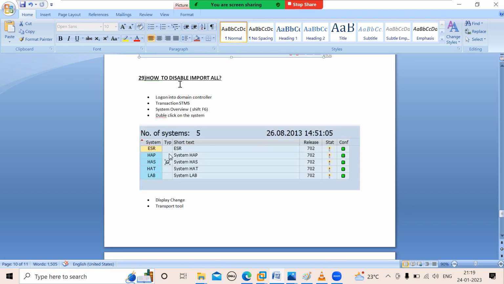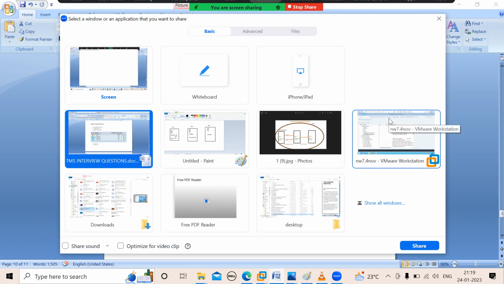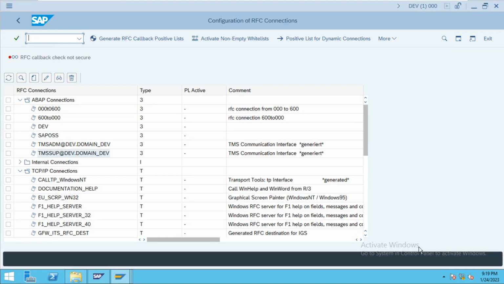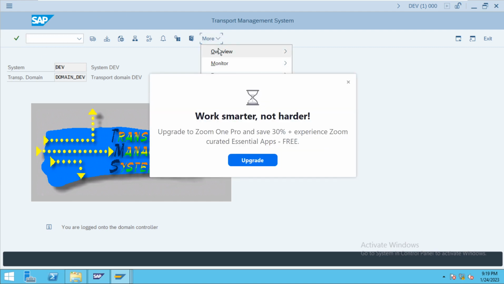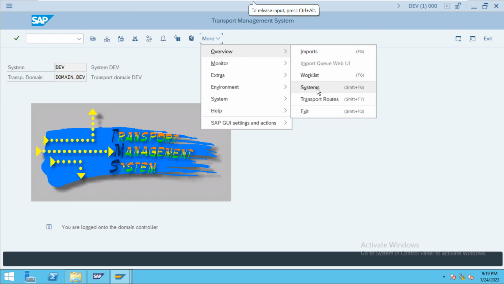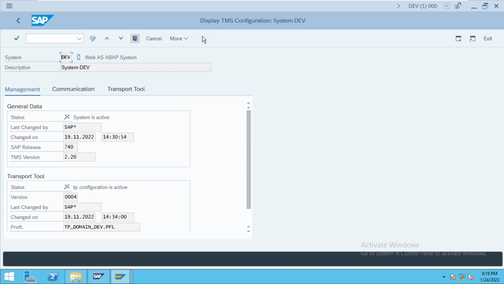How to disable import all, that big truck button. Log into the domain controller, transaction STMS, system overview, double click on the system. We'll do that if possible. Go to STMS, system overview, overview systems, domain, select your domain controller and say